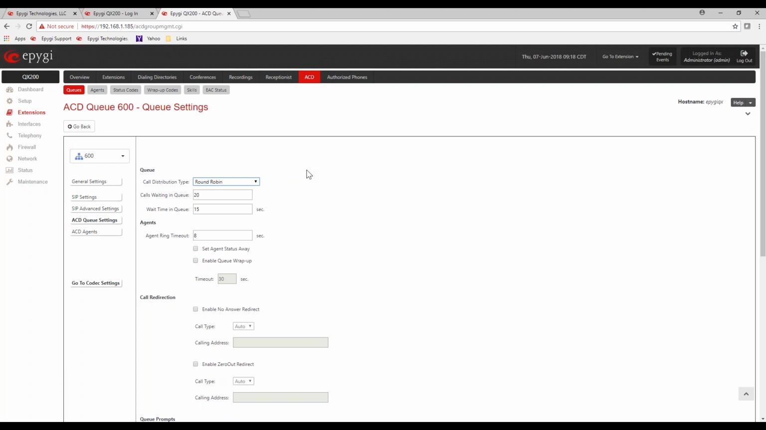So the one thing I need to point out and highlight is 600 is basically treated like an extension. It is an extension within the system. So from your phone, you can dial 600 and you can reach the queue directly. From the auto attendant, you can route calls directly to that extension 600. All right, so it's treated just like any other extension in the system. All right, as far as the queue settings, we want to go through these. There are several ways of distributing